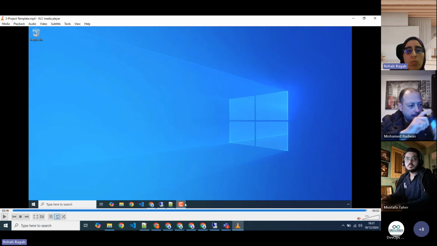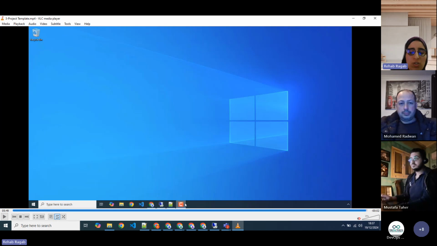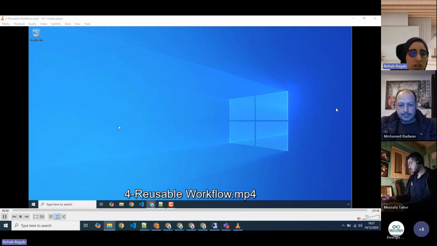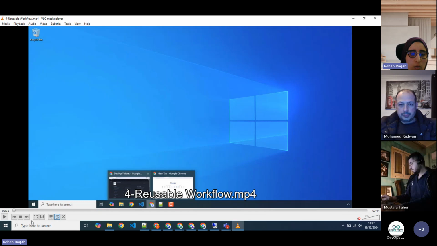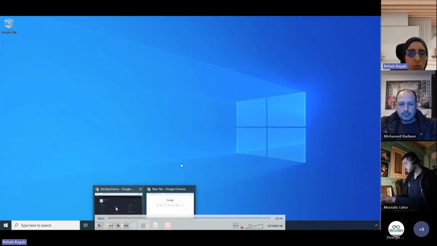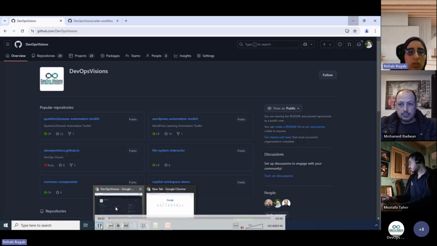You can create a reusable workflow, you can create a template workflow, and you can even create a custom action. So we'll see all these examples. Let's start with the reusable workflow, how we can create a reusable workflow and reuse it across multiple workflows.